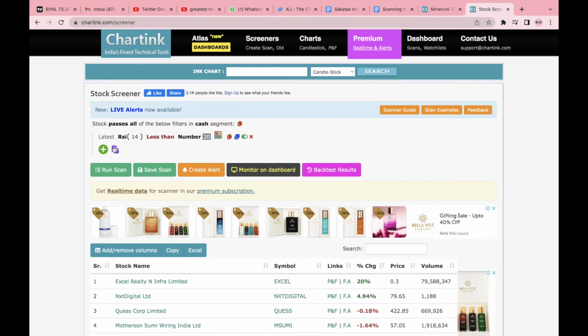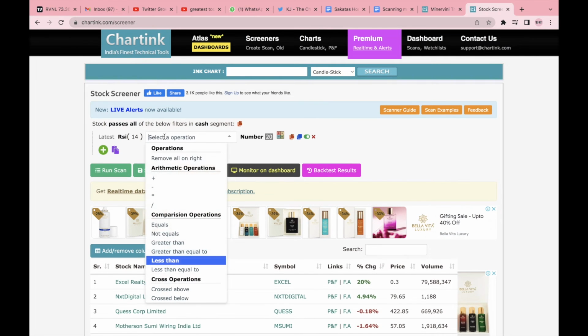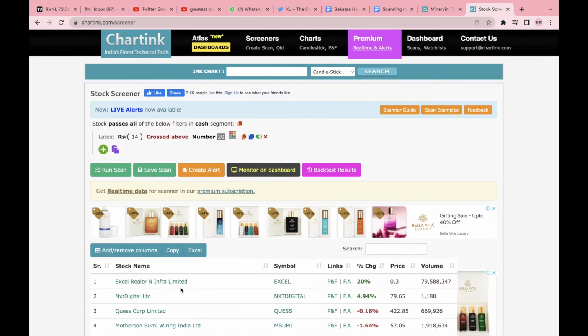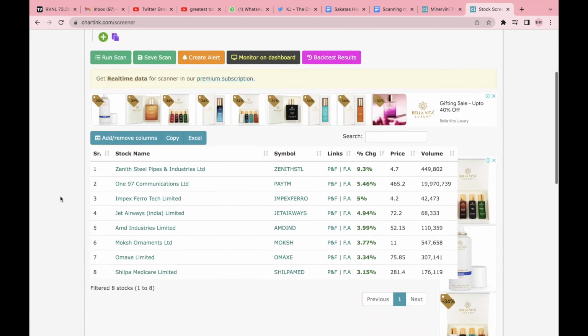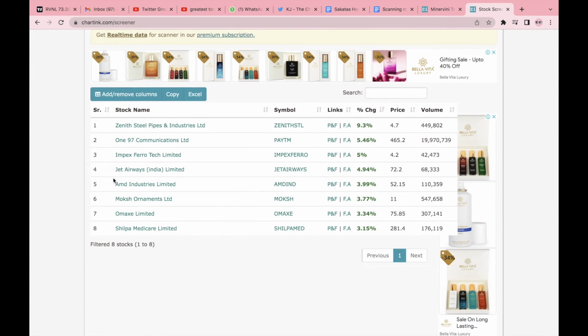Right? So for example, now you want RSI which has just crossed above 20. So instead of less than, you just put crossed above, right? And then you will see that these are the 8 stocks where the selling was very low, and now probably the selling is just coming up. So for example, let's say Paytm and Shilpa Medicare,